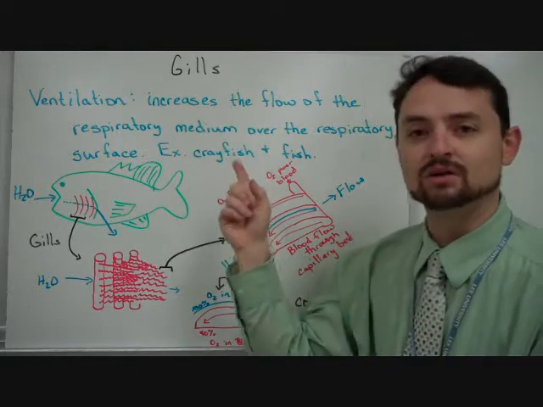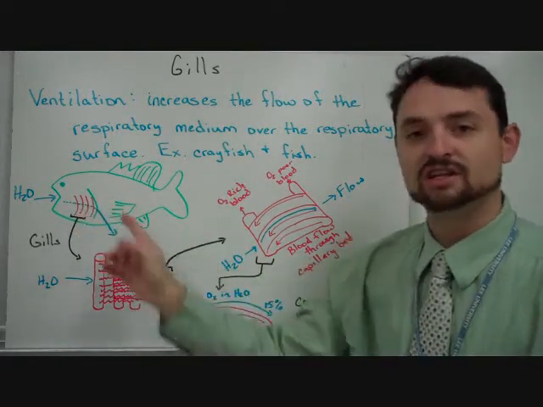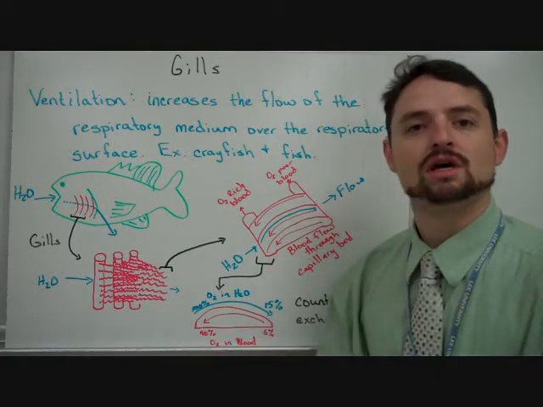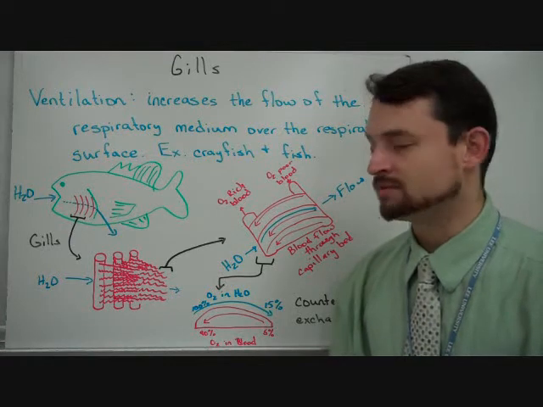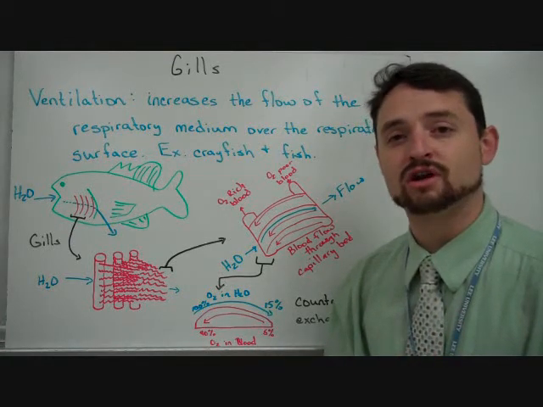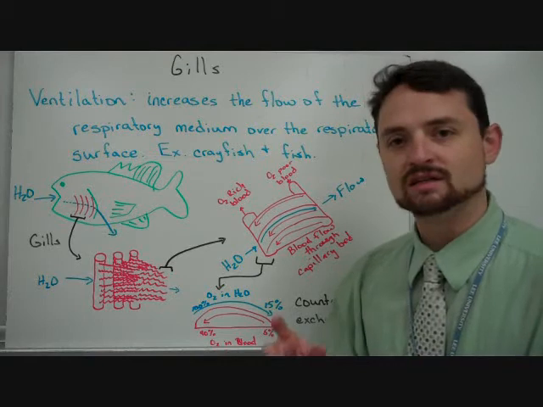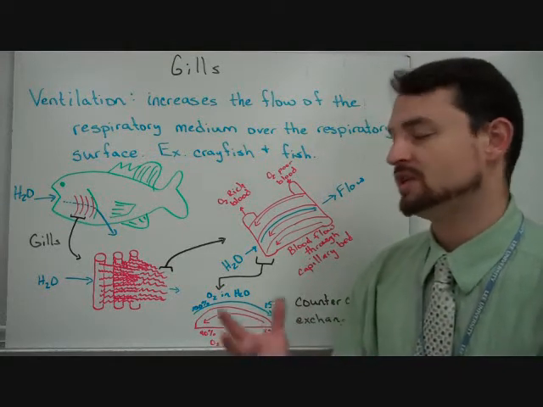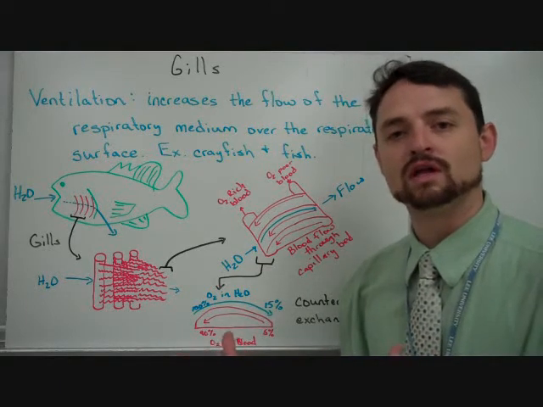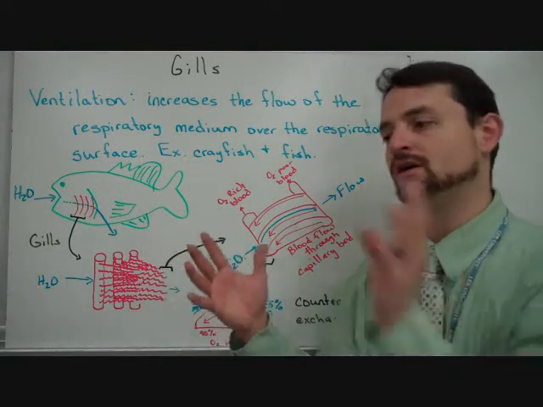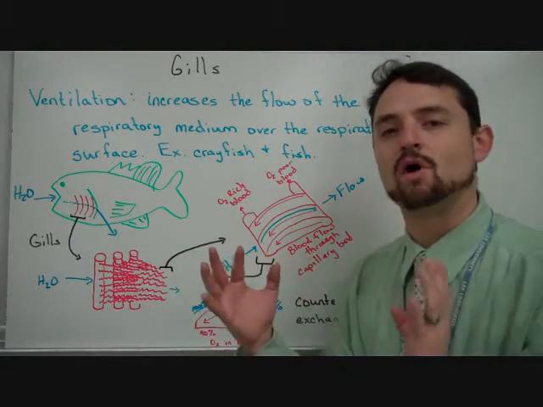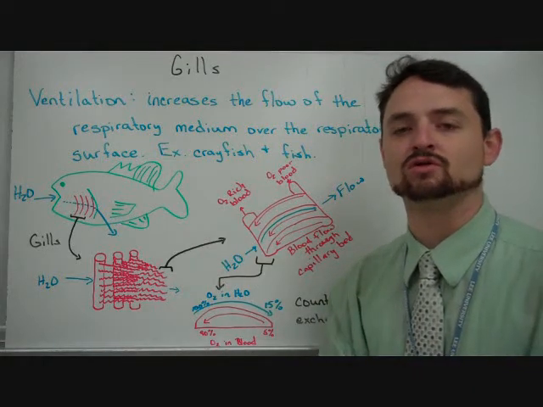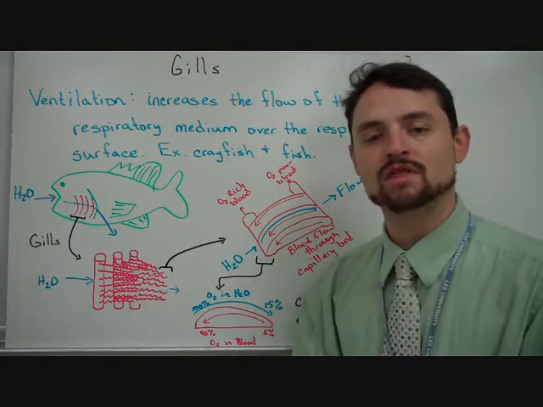The first is gills. Now, we know of gills in fish. That's the most common example. But there are gills in most water living organisms. I say most because there are some that use a different strategy other than gills. But in starfish, in crayfish, in clams, you see gills. Now, some of those organisms will just allow the water to wash over those gills, and as that water washes over, whichever direction the water is moving, it will deposit some oxygen into those organisms, and that's how they'll obtain